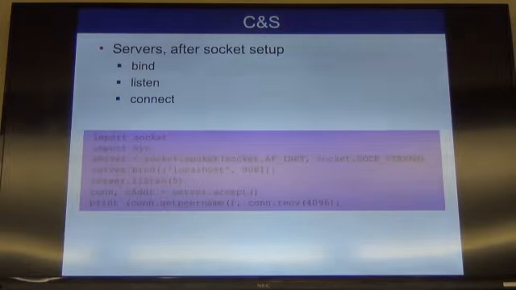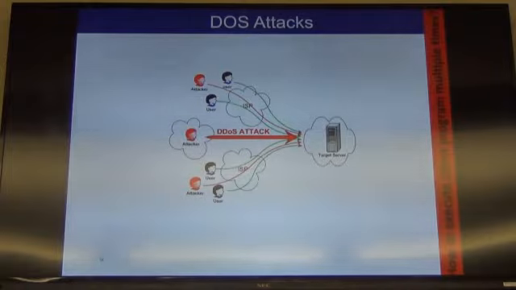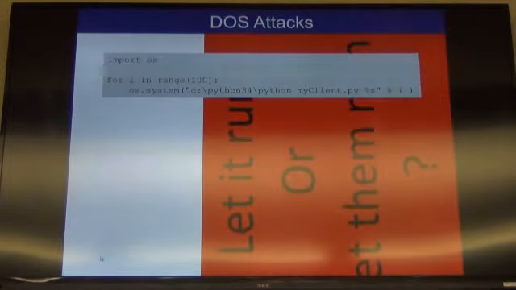Yeah, here. That's all through that part. You can look in the program. I posted that. That is the one, right? I said let it run, or let them run.